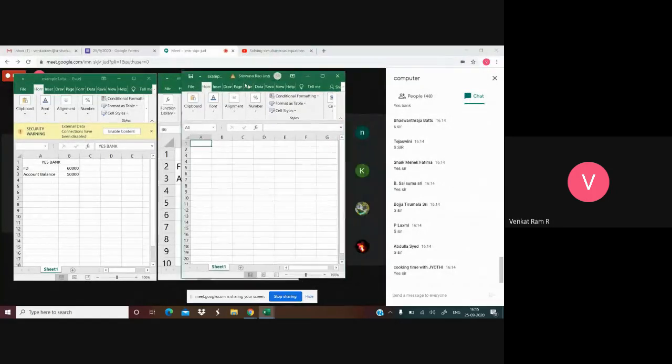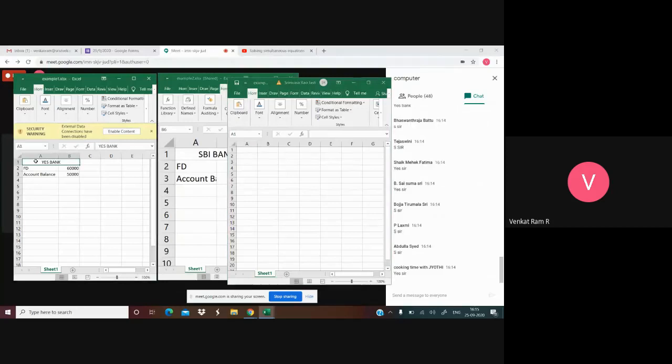Now I need to copy the headings. I'm taking S Bank and making it both banks. FD I'm making total FD, and this one total account balance.